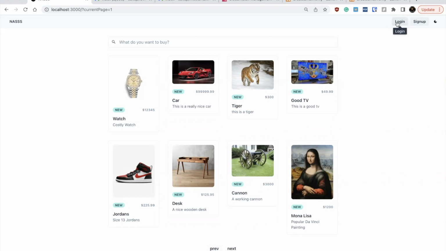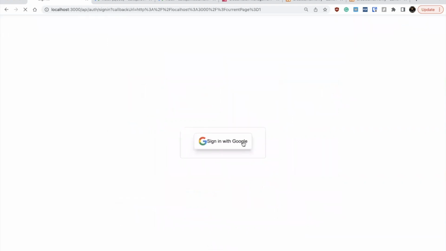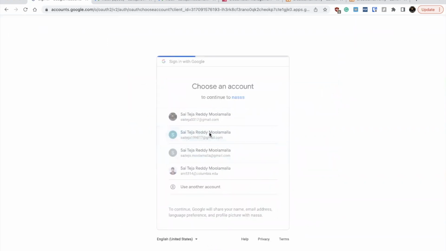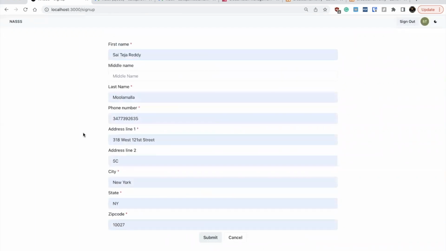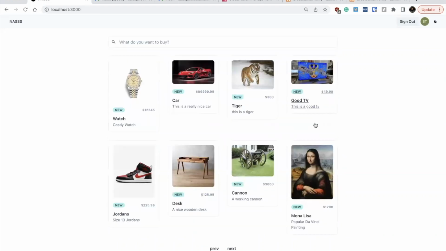And now we're gonna have Teja log in for the first time. He's gonna be prompted to log in with Google, where he will enter his credentials. After that, Teja is redirected back to our home screen, which then redirects him to the sign-in page so he can enter all of the required information for our microservices to make a new user. After submitting, he's finally created a new user, and at the top right here, you can see his image is